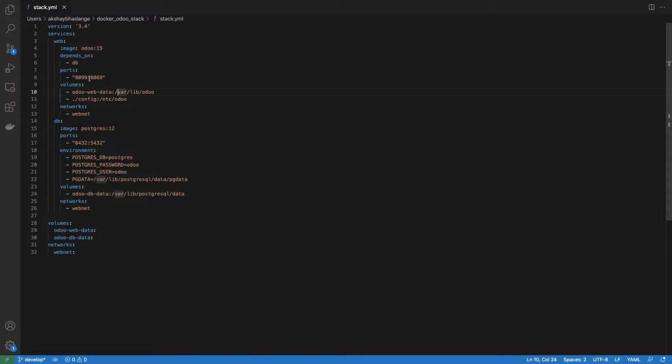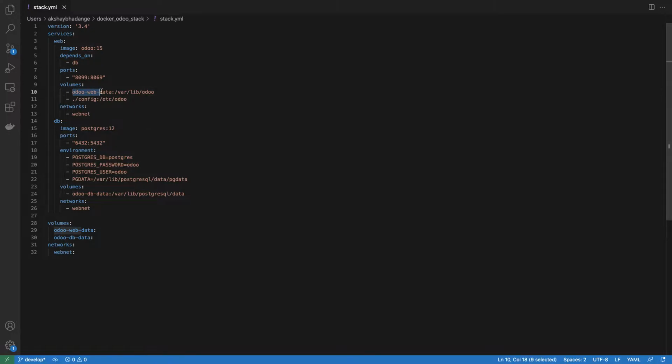This is about ports, and the same goes for the database. As we know, Postgres by default runs on 5432, so we have exposed 6432 to the outside world and mapped 6432 to 5432. Now for Odoo we need a directory where Odoo can store its file store, add-ons, and attachments.